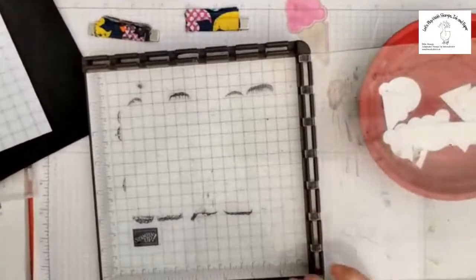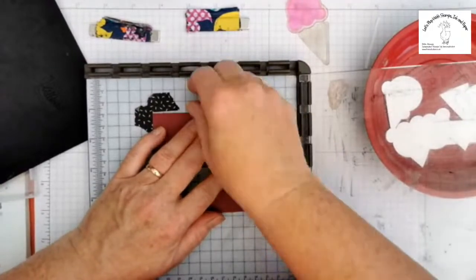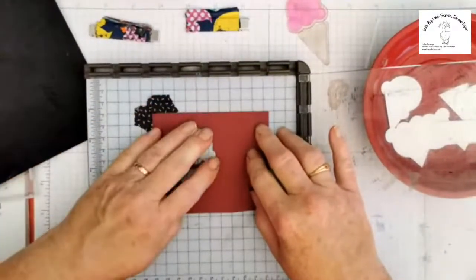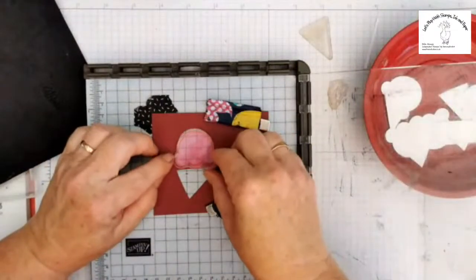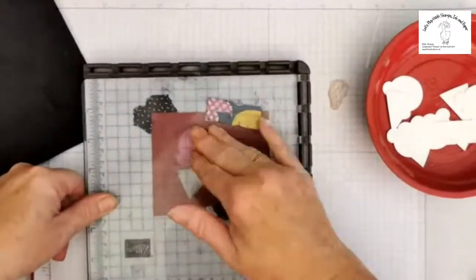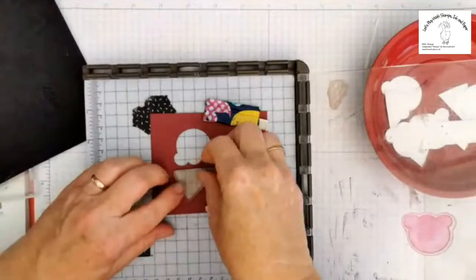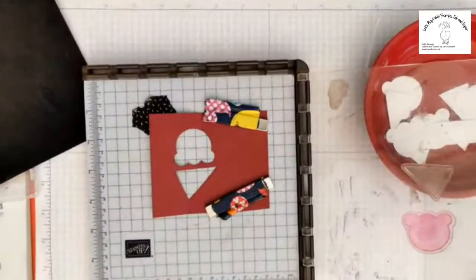Let's turn this round. I think that stays on there, so it needs a bit of a scrub with some stays on cleaner, but we won't worry about that just now. Let's pop our template in there. Just going to line that up and pop some magnets on. And let's add in our ice cream. And we'll pick that up. Let's turn our plate round and let's add in our cone. We'll pick that up,